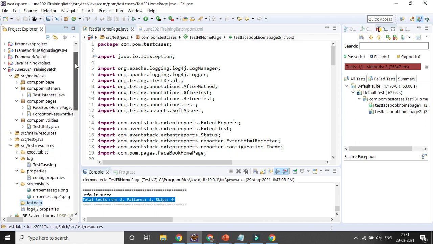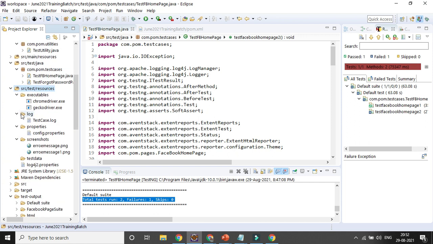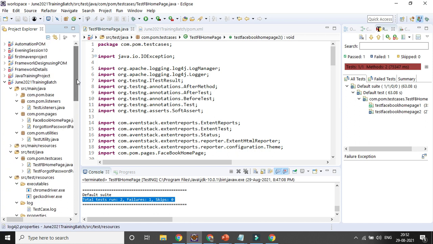Apart from that, the rest of the things are covered, and you can definitely get to know how to create the framework from scratch with the help of a Maven project. First you need to add all the dependencies, then in the main folder you can create the packages for base class, listener class, pages, utility, and then in test Java you can create the packages for test cases, right? In the src test resources you can load all your drivers, like Chrome driver. You can add the application log, the properties file, the test data. You can also implement log4j. So that will help you to build your framework.